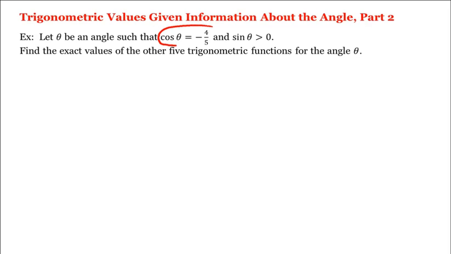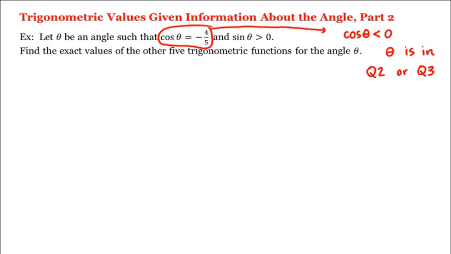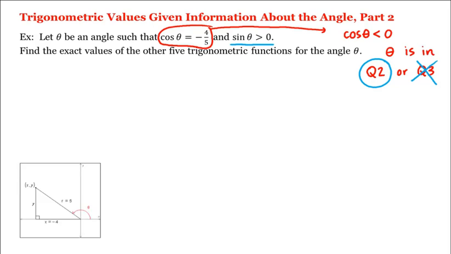Now, since cosine of theta is equal to negative 4 divided by 5, in other words, cosine of theta is negative, then theta is either in quadrant 2 or quadrant 3, because cosine values are negative in those two quadrants. However, we're also told that sine of theta is greater than 0. And sine values are not positive in quadrant 3, which means we can conclude that theta is in quadrant 2,